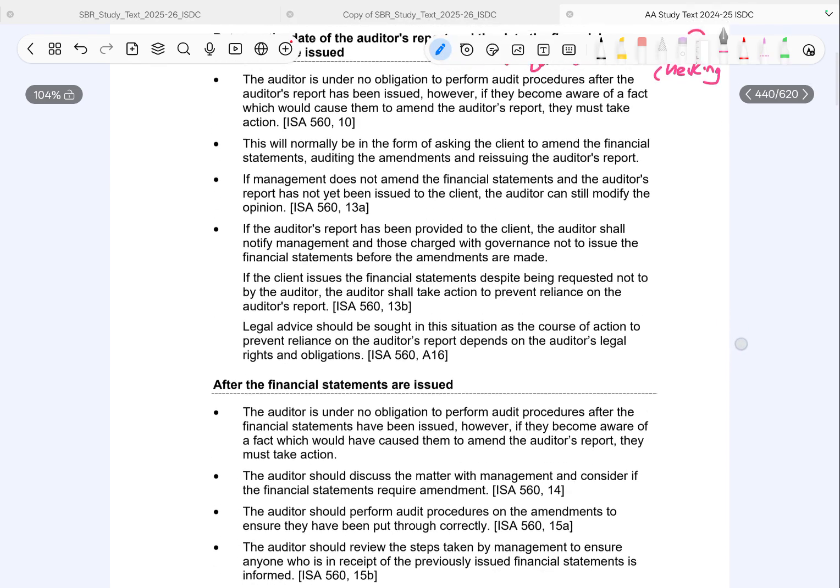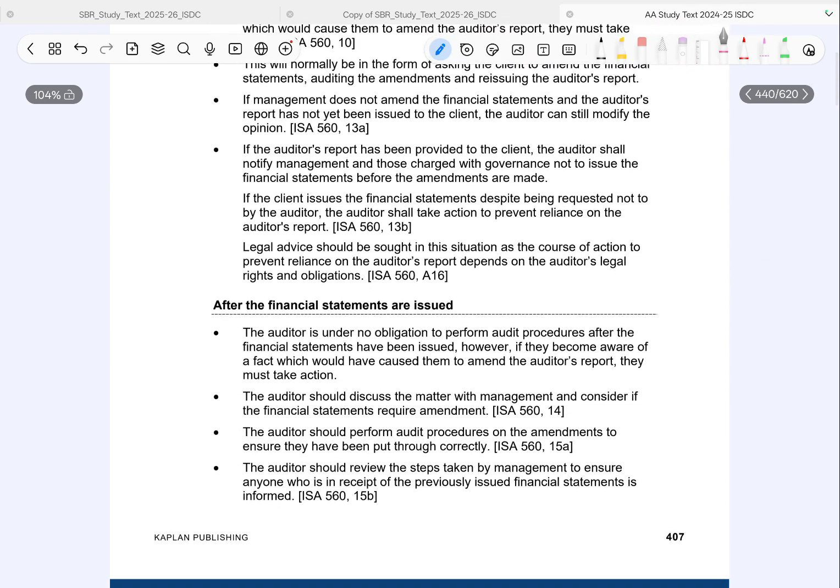Second, after the financial statements are issued, again, no ongoing duty to check. But if something serious comes up, the auditor must act. Steps include: discuss with management, check if amendments are needed, audit those amendments, and ensure that everyone who got the old financials is informed. So overall, the timeline trick for exams is: